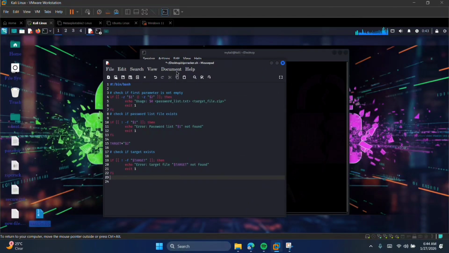So now we'll go to the main part of the logic, which is the while loop. So this is how you write a basic while loop in Bash. That's a while loop to read a file. This while loop is going to read the target file, then it's going to do something for us. After reading the file,